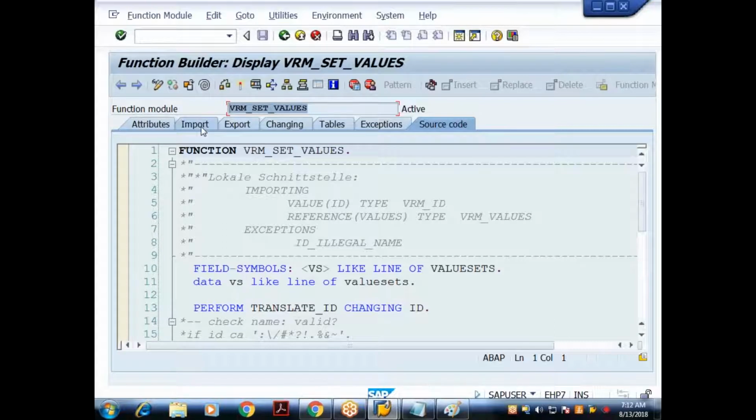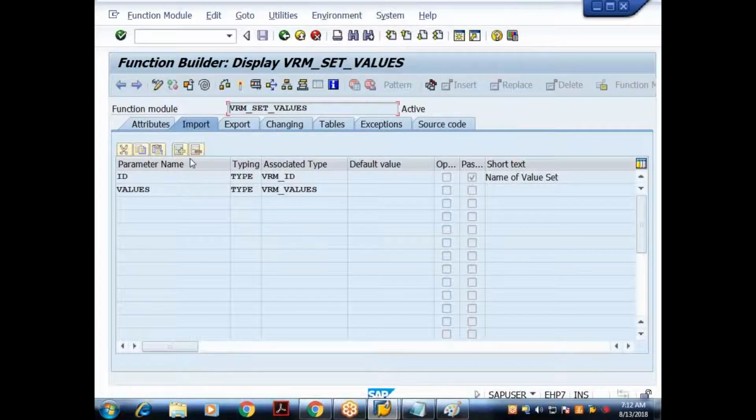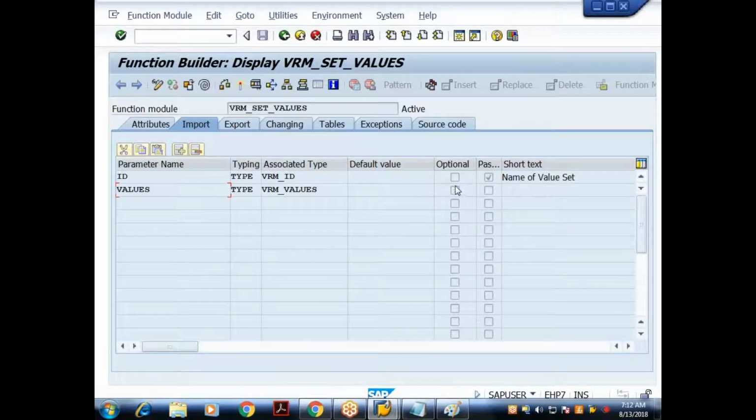So let me go to the import section. In the import section, there are two parameters: one is ID, and the other is VALUES. For both of these parameters the optional checkbox is not selected, which means they are mandatory. You compulsorily need to pass the values.